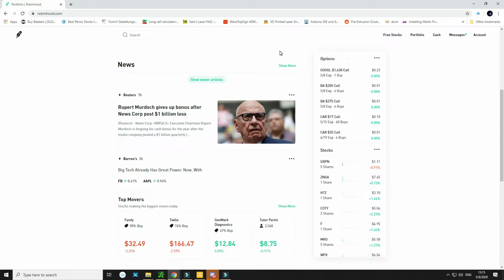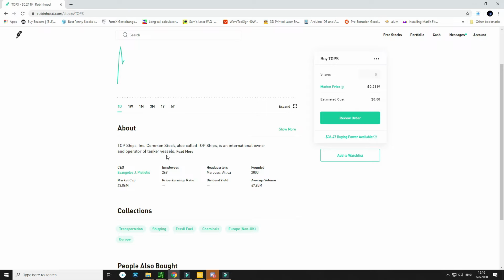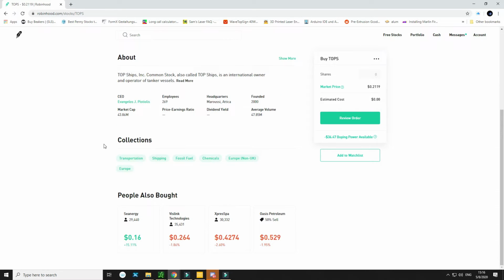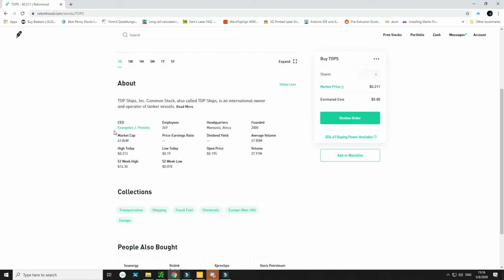So let's go into trading, like a simulation of trading. Let's go back to TOPS. I want to place an order for TOPS, okay? You can overview TOPS, what they're about. Top Ships Inc., common stock, also called TOPS Ships, is an international owner and operator of tanker vessels. Show more. When you click on show more, it tells you who's the CEO, employees, where their headquarters is at, founded, average volume,